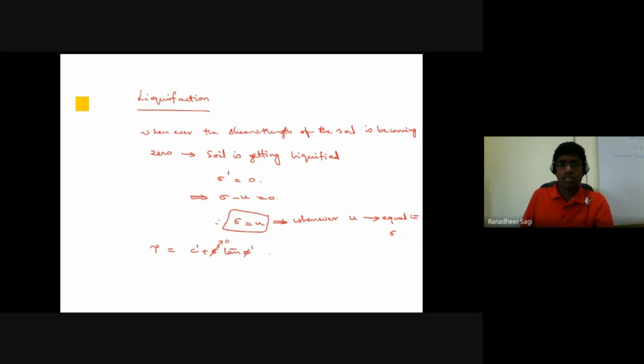Not exactly. The shear strength developed in that particular soil is equal to the cohesion value of that soil. So whenever the soil has cohesion between the particles, a soil in which cohesive property exists, though the pore water pressure becomes equal to the total stress, the shear strength of the soil is not going to become 0.